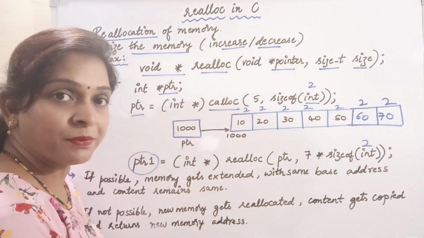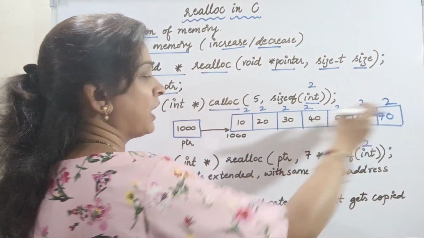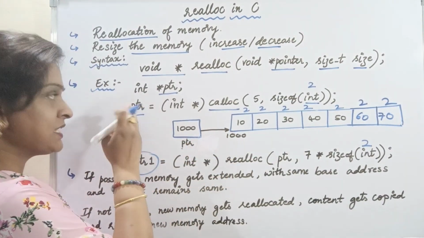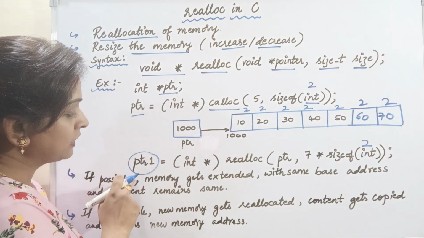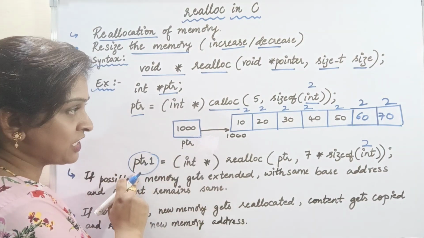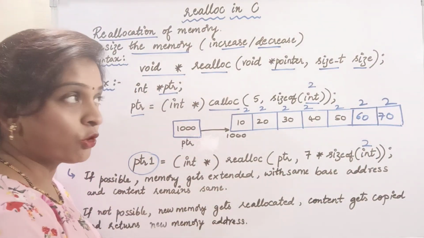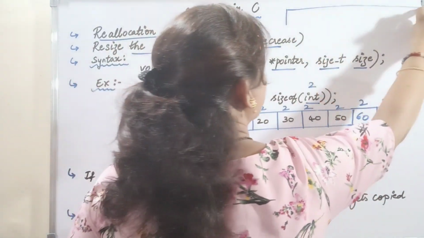So here what happens? If it is possible to extend, it will extend the memory and the same base address will be written. I can store that in the same pointer or into a new pointer. So now PTR1 gets the same base address if the memory has extended. If not, what will it do? It will allocate a new memory